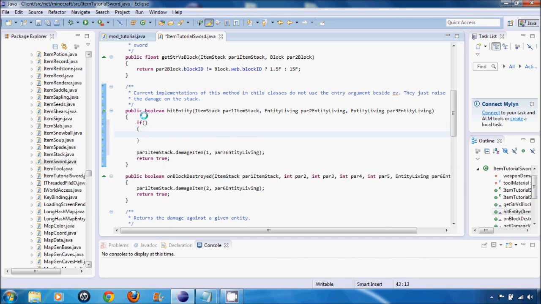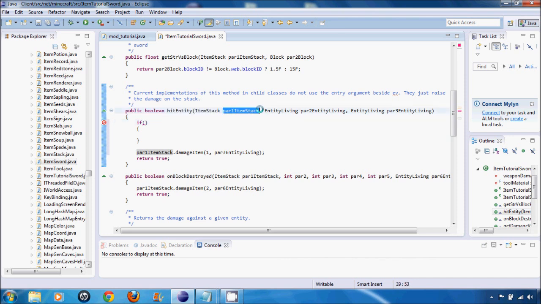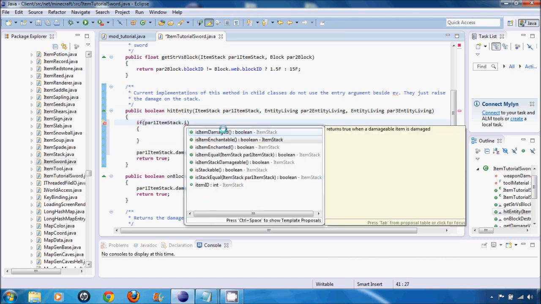Curly brackets. Now what an if statement does is it says if the statement in here is true, so whatever it is, then it will run this code and then pop out. So let's say if this item here, this is the item that you're using to attack the entity. If this item dot item ID